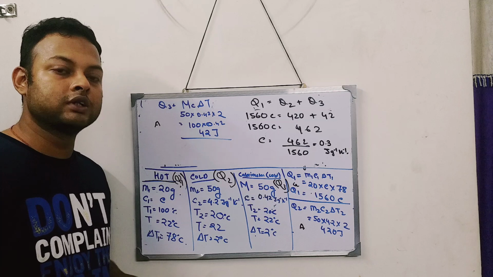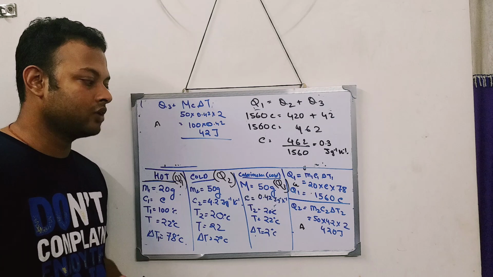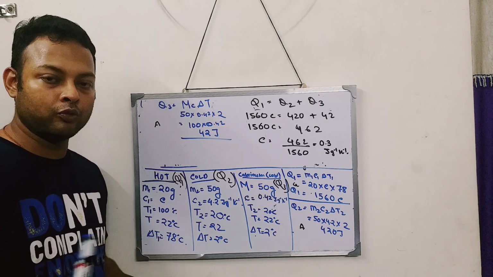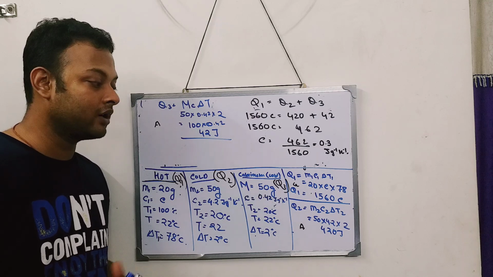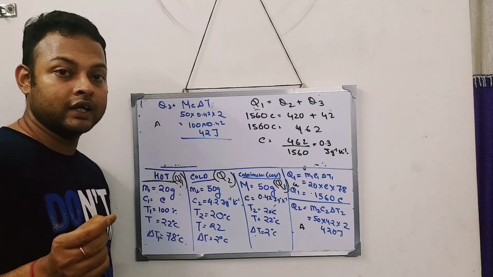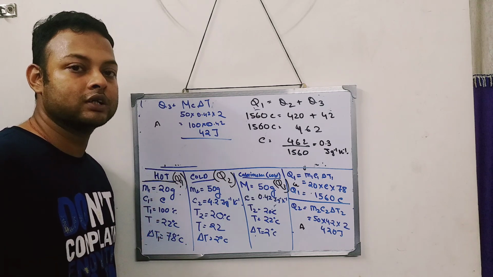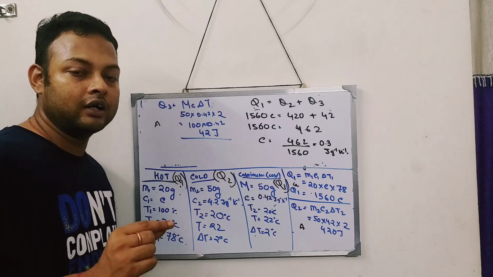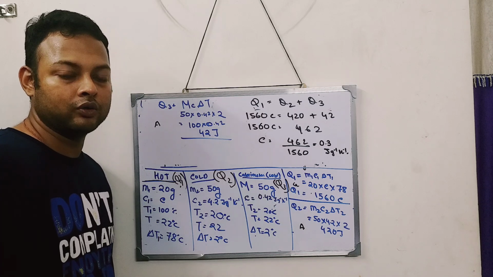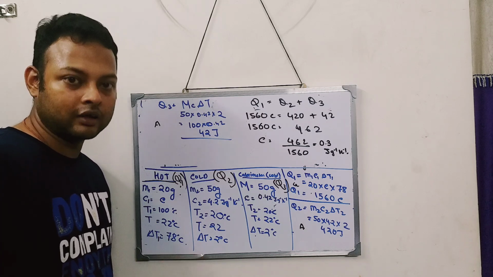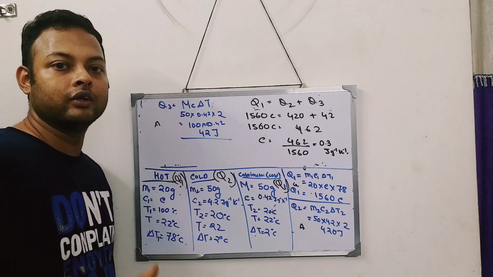After this, we will start with the second part of the chapter, which is the specific latent heat capacity. I hope you do all the numericals. I have done most of them, so the rest of the numericals you have to practice at home. If you haven't understood a few of the sums, go back to the concept, read the concept, and come back to the sum and watch it once more. Unless your concept is clear, the sums won't come to you. So clear your concept and come back to the sum.